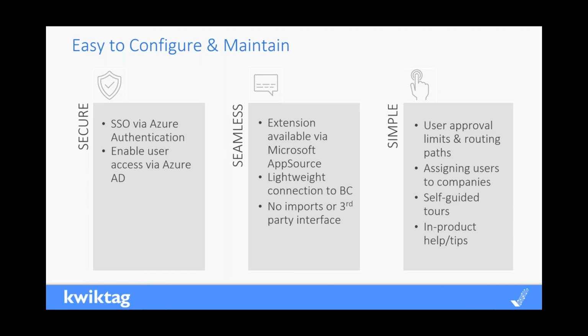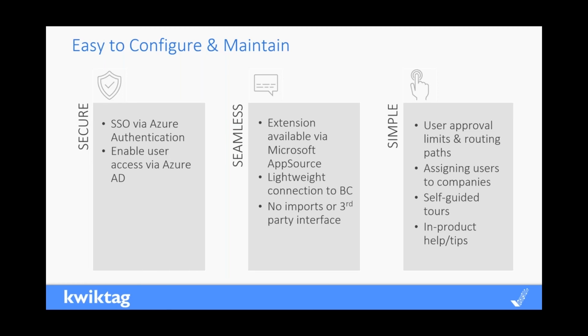From a seamless perspective, as I mentioned earlier, it's all integrated and available through AppSource, the SimplyAP extension. You deploy it. It's very lightweight, and it has complete integration both ways between Business Central and SimplyAP. You'll see this in the demo when Michael Velasquez shows it to you: you'll be able to see all the companies and enable the companies you want. There's no import or export. The system automatically handles everything for you. And it's simple to configure.